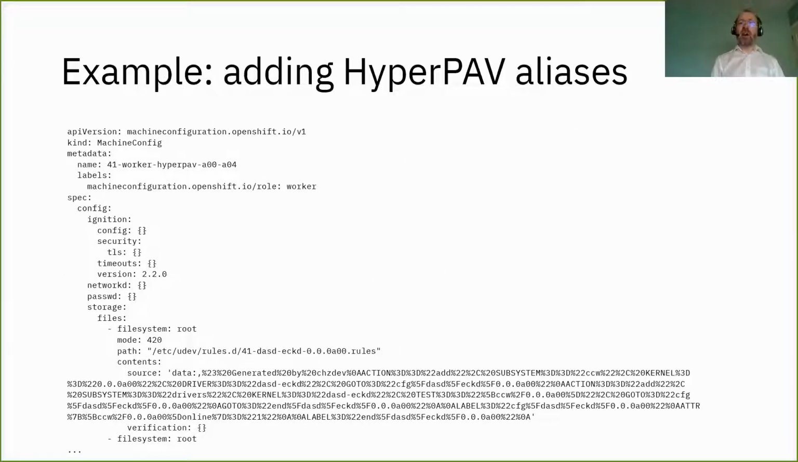So here's an example. So for Hyper PAV aliases, how do you enable Hyper PAV on a normal Linux instance? Well, you go dev, and what that does for you is brings those devices online and writes a few attributes to them, and also plonks a file into the udev directory so that it happens again at next reboot. Well, if you then take the contents of that udev rules file, so here it's 41 dasd eckd, whatever it says at the bottom there, .rules, take that content, URL encode it, put it into a machine config object,